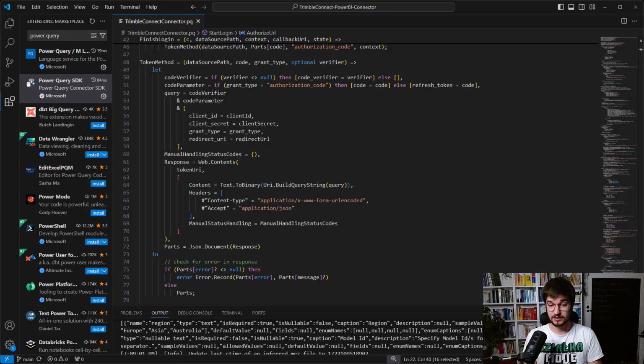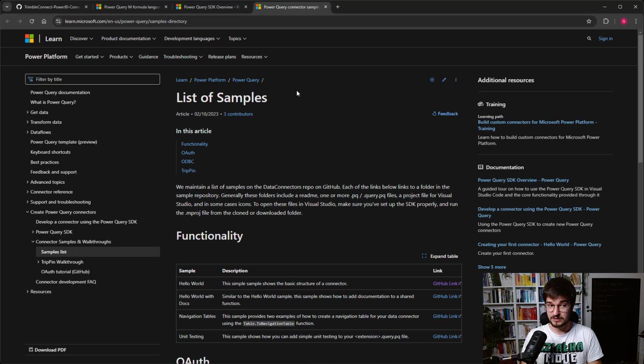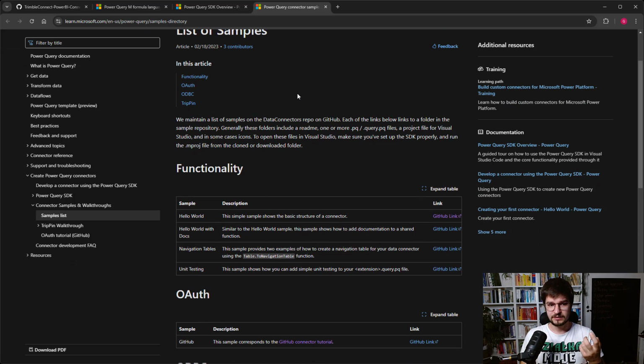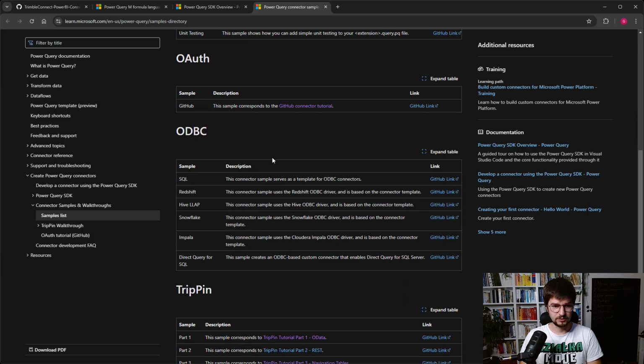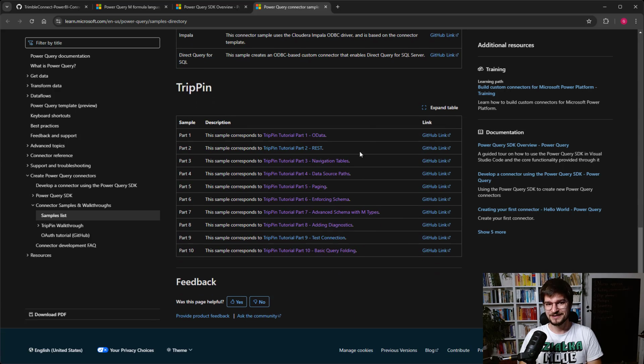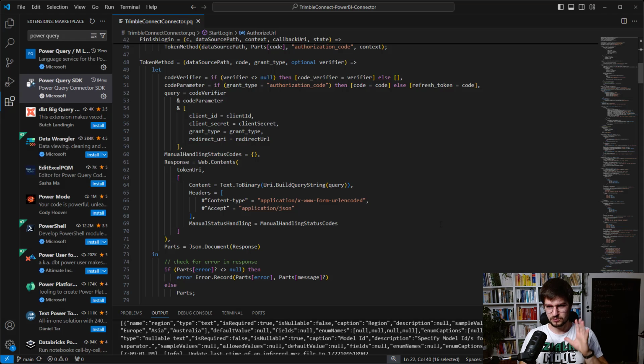So this is why I highly recommend that you check the samples, the Power Query connector samples, and there's quite a lot of them, I would say, and they respond to the basic data transformation. So you can find them in the functionality, but also they can be referred to the authorization using OAuth. Here we have something with some database, but the TripPin is, as you see, based on my clicking history, the thing which I looked at the most,